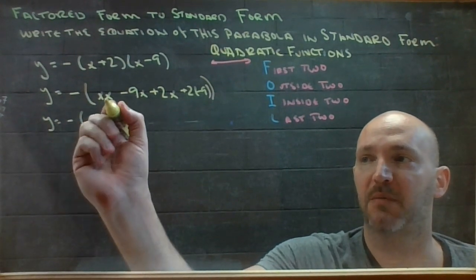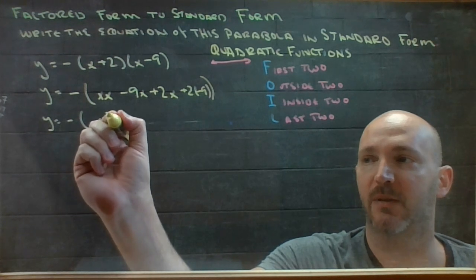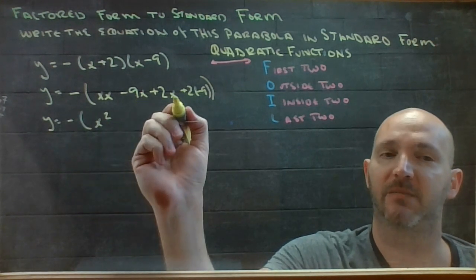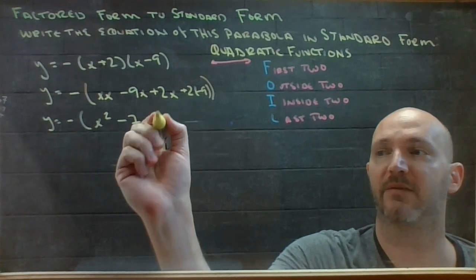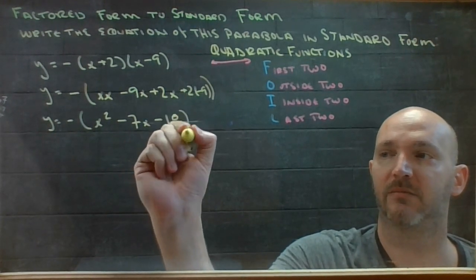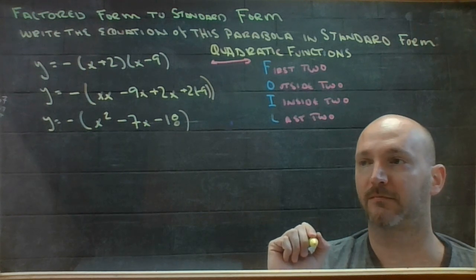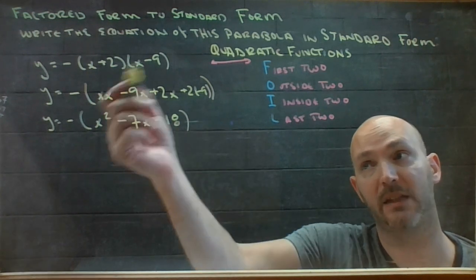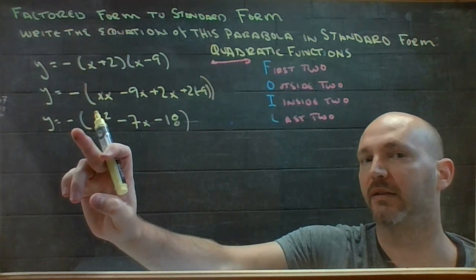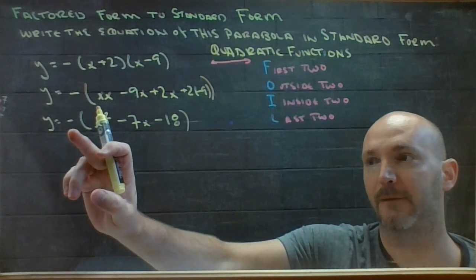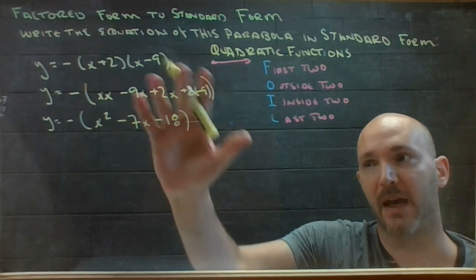If I clean that up a bit, x times x is x squared. Negative 9x's plus 2x's is negative 7x. 2 times negative 9 is negative 18. So I have done the expansion, right? I've done this FOIL thing, just ignoring this thing up front for a little while. Now that I've got it done,